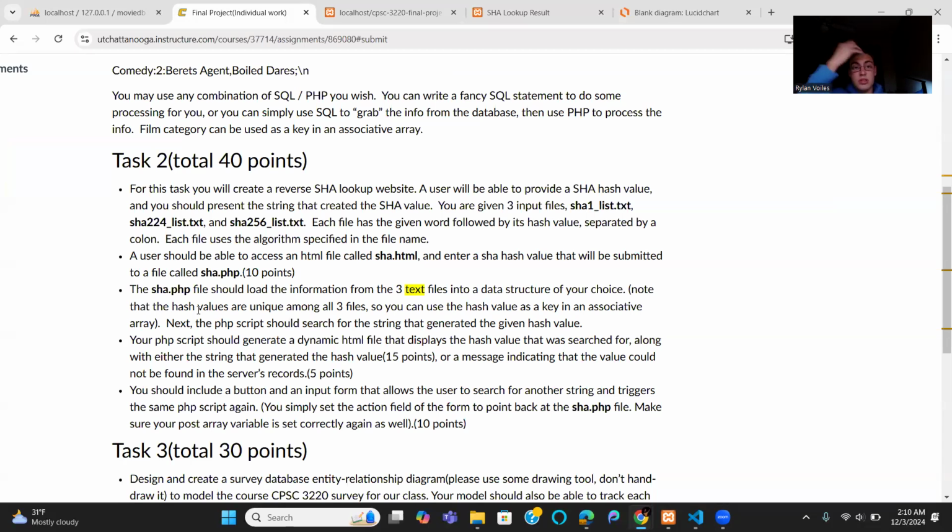In this case, it was basically a string. After the user puts in the hash key,